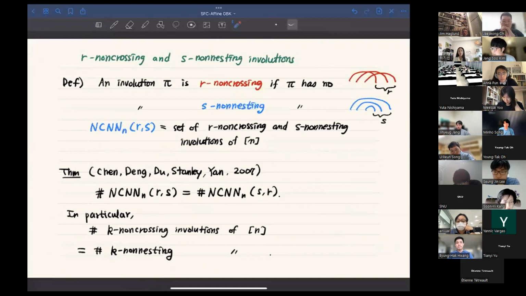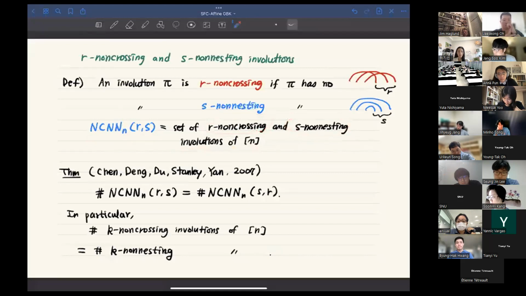And we say that an involution is S non-nesting if it does not have S arcs nesting each other like this. And let me denote by NCNN(R, S) the set of R non-crossing and S non-nesting involutions. That means